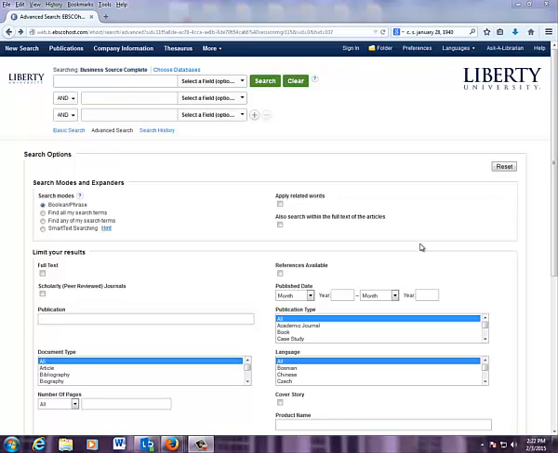Now we've already gone over some general tips, rules, and tricks as far as general searching in this database goes, but sometimes your assignments may require using some of the other functions in the database. For instance, if you have to do research on a particular company or business, there's some great options in this database to help you. First of all, you can go to the top of the page and click on Company